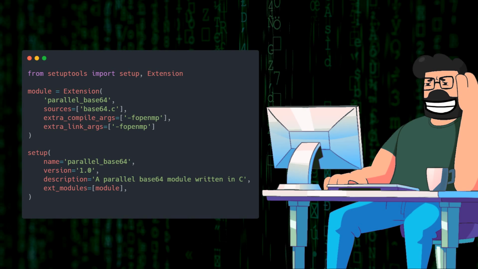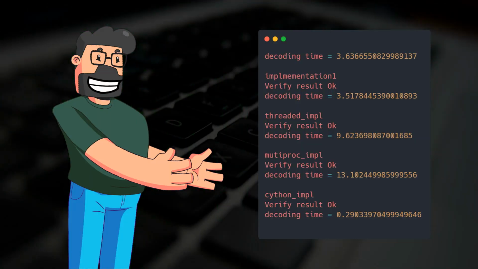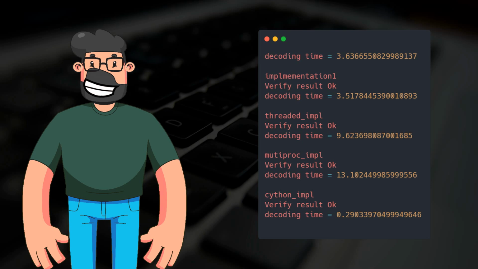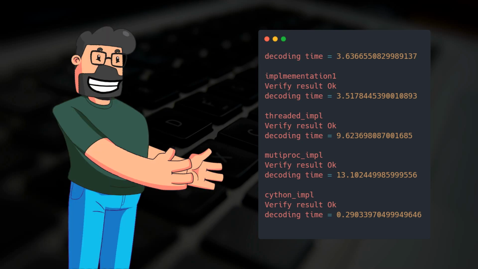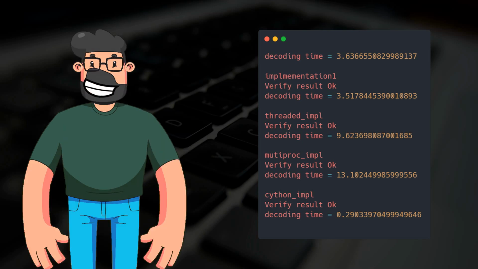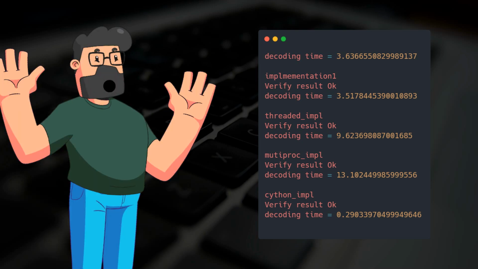modules for intensive operations. Building upon that, the provided setup.py script defines the necessary parameters to compile the C code into a Python module. By specifying the sources, compilation flags, and module details, the parallel_base64 module is created. This module encapsulates the optimized base64 decoding functionality, ready to be imported and utilized within Python for swift and efficient